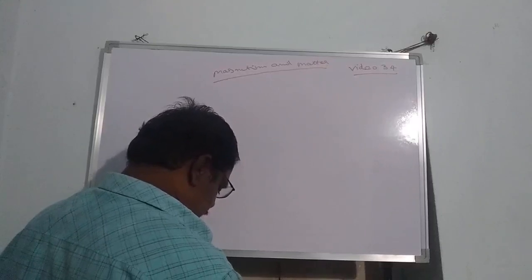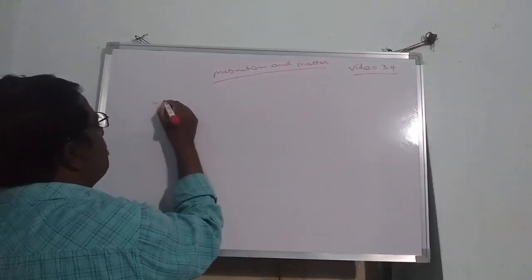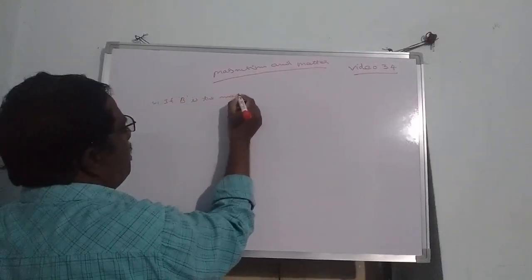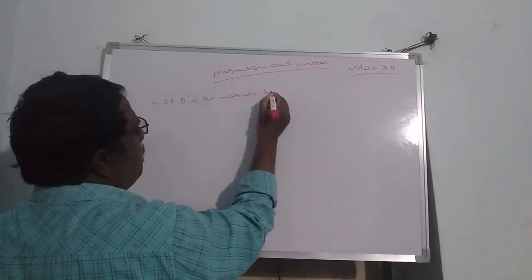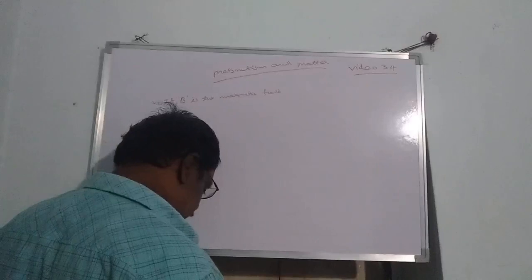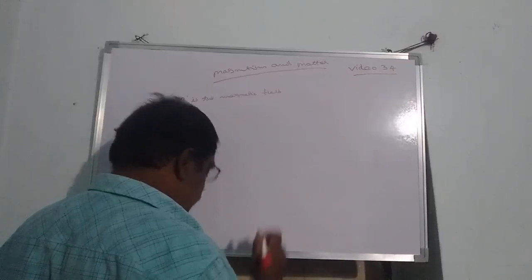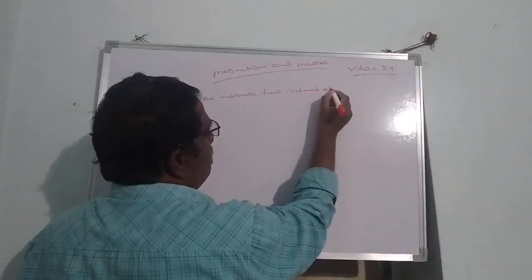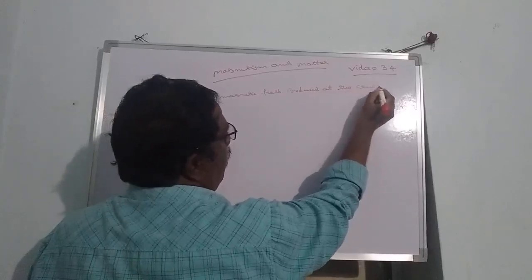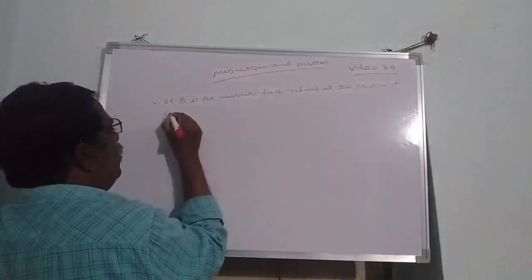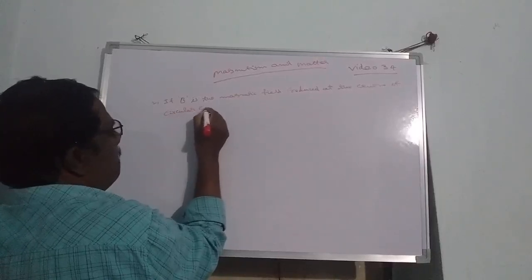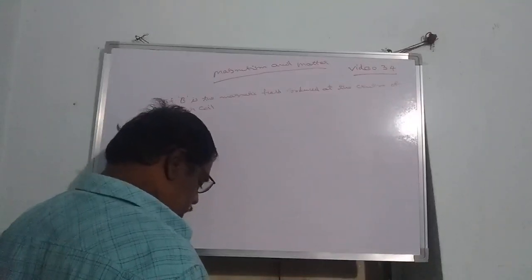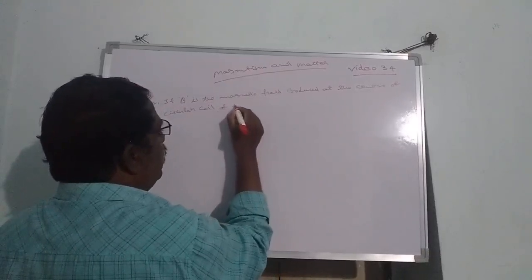If B is the magnetic field produced in the center of a circular coil of one turn of length